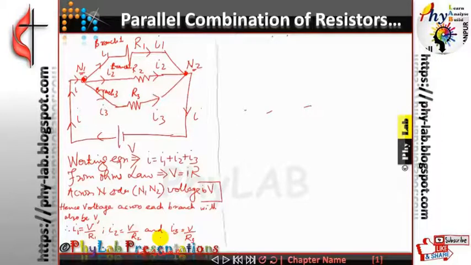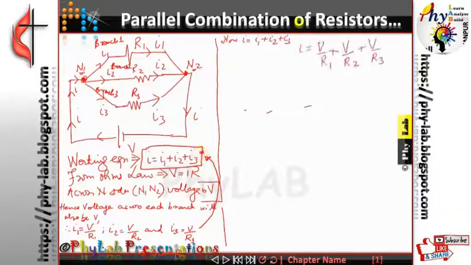And now being a parallel circuit, the total current I got divided into three parts, I1, I2 and I3. So I have got this working equation of I is equals to I1 plus I2 plus I3, and substituting this value of I1, I2, I3 in this particular equation, then I will get I is equals to V by R1 plus V by R2 plus V by R3, taking V outside of the right hand side of the equation and bringing it on the left hand side.